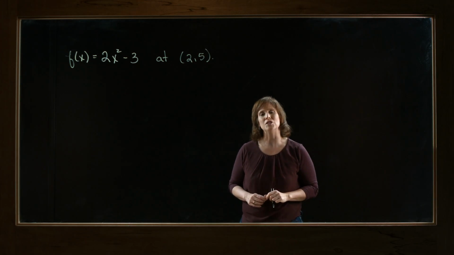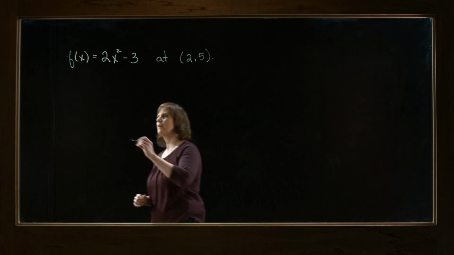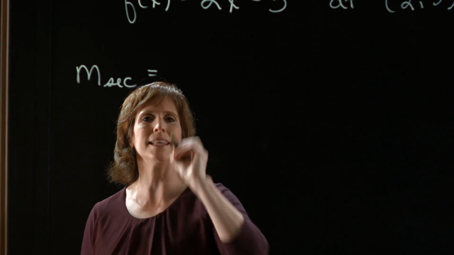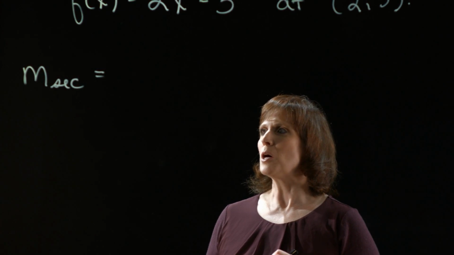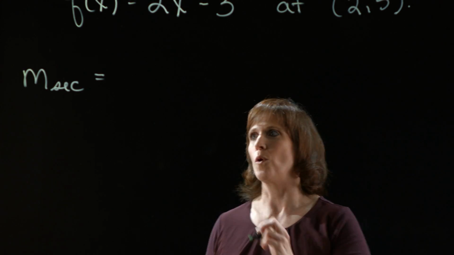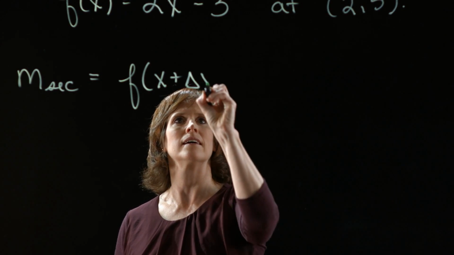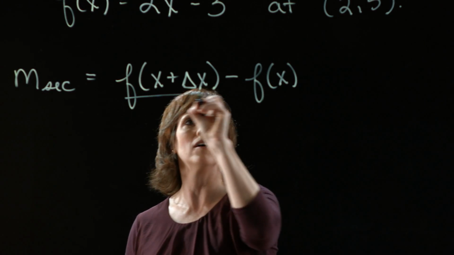The first thing we need to do is take a look at the slope of the secant line. I always like to write the definition down first. It helps me remember it. So for the slope of a secant line, we use what's called the difference quotient. And it's f of x plus delta x minus f of x, all over